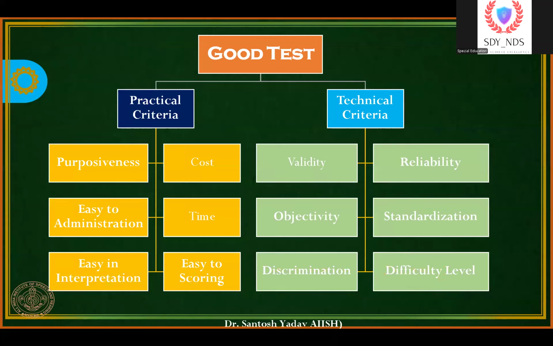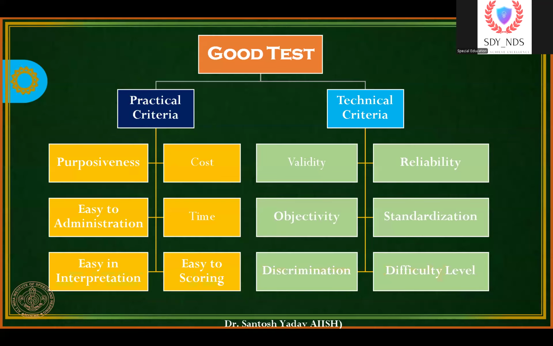A thermometer is very cheap. You can purchase it for 50 rupees, 80 rupees, 100 rupees. So it's cost effective. Everyone can purchase it and everyone can keep it at home. And it's easy to administer also. You can put the thermometer in your mouth or under your arm, so you can measure your temperature. So that's like a tape.